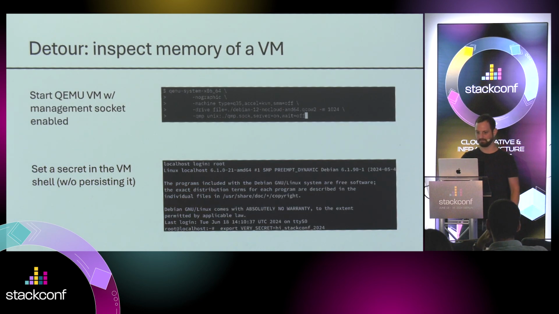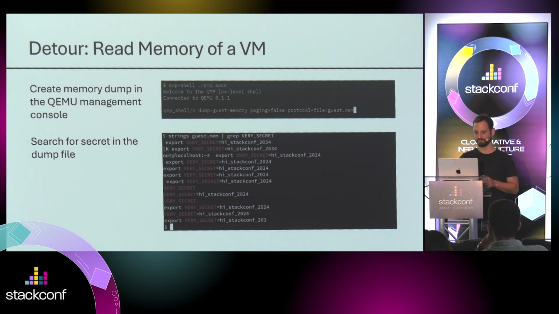Just as a quick detour, so I won't go into much detail here, but we can inspect the memory of a VM. Locally, start a VM with QEMU, then log in, set some secret that we don't even persist here, we just write it in memory. Then we go into the management console of QEMU and just briefly dump the whole content, and eventually, if we look into this content, we get the secret that we just typed into the console,